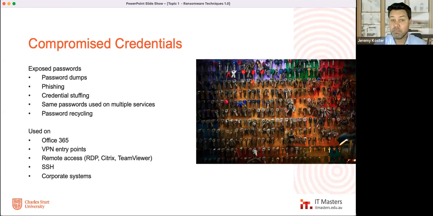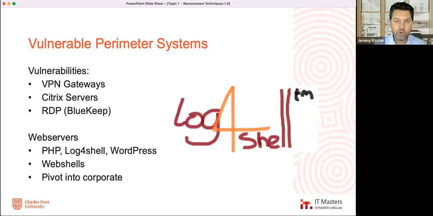Now, not just credentials, but we have perimeter systems that are vulnerable. I see this quite a bit. All of the perimeter systems on organizations that I've worked for have constantly been attacked and probed for vulnerabilities. We've all heard the anecdote that if you put a Windows 95 machine or a Windows XP machine on the internet that is unpatched, it'll be compromised in a couple of minutes. This sort of thing does happen, and there is a need to keep an eye on what is external to your organization and accessible from countries in Europe and across the world. So having an understanding of that perimeter is really important.